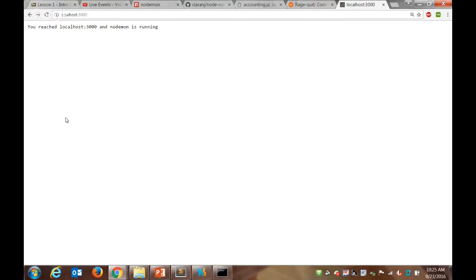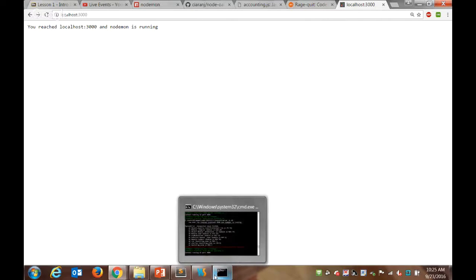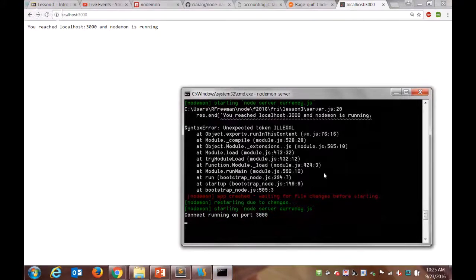Now that's one way of starting it with Nodemon. There is another way I'm going to show you, and you can use either way. Eventually, when we use Express, we're probably going to use this second way. I will stop it one more time. My application's dead, my server's off. We can also start it,